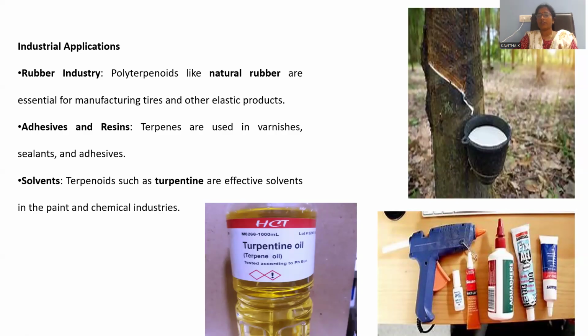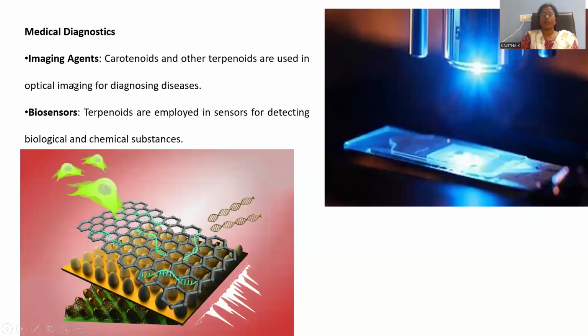Water is a solvent for the polar compounds. In the same manner, we can use this turpentine as a solvent in order to mix up the organic compounds, even in the paints and industries as well. This is a kind of industrial application we can go with, and the medical diagnostics, in order to identify the